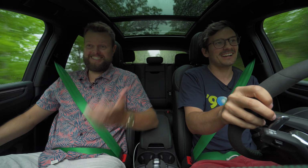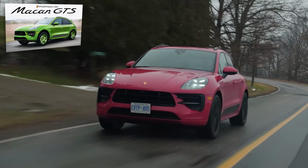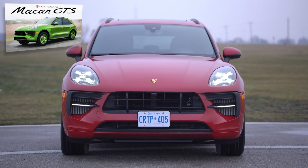Yeah, no, this is awesome. Dude, if you bought a 2021 versus this, this is like $6,000 more than last year, and now you have a turbo engine. Okay, but if you talk about looks from last year, because this has been updated, the front